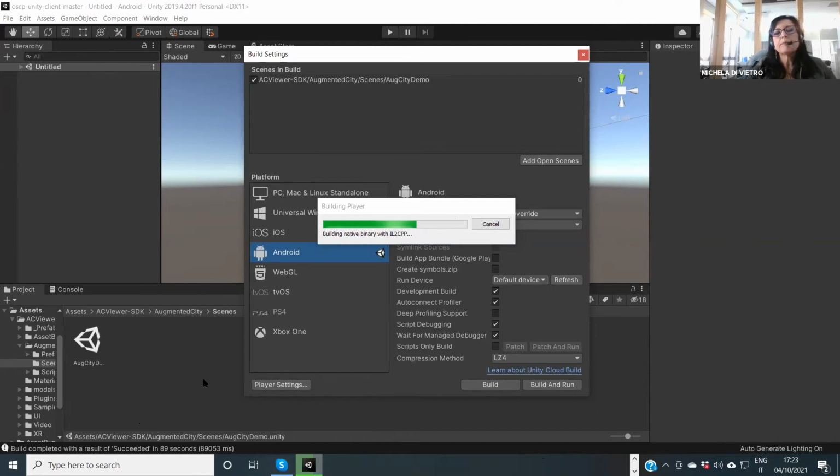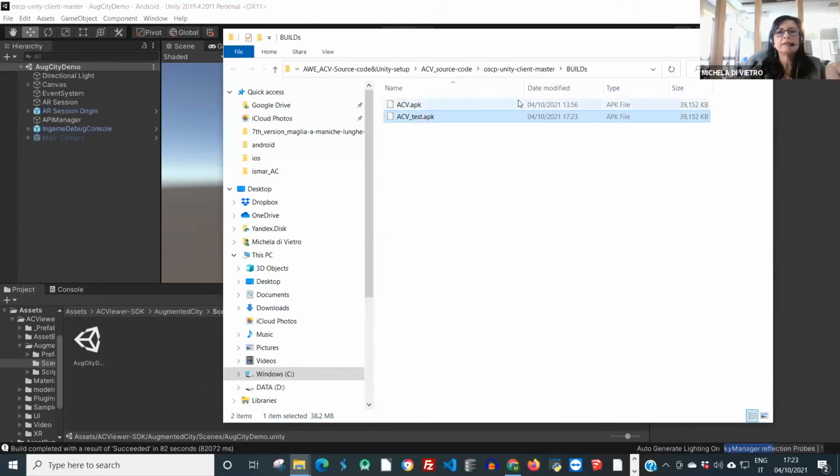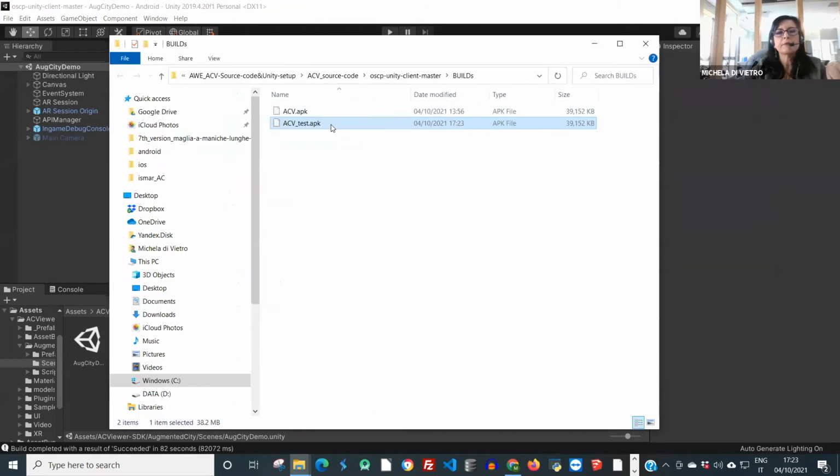And this project anyway is very useful for you because you can start from this scene to create a nice scenario to show in AR modality. For example, you can also add some content to this scene. Here is your APK generated just now.